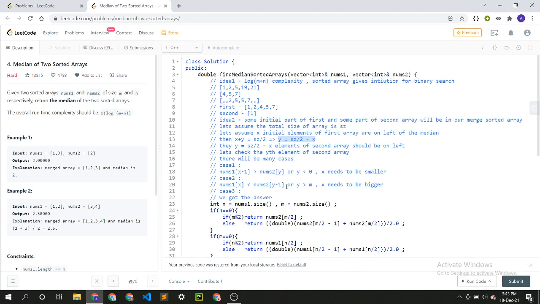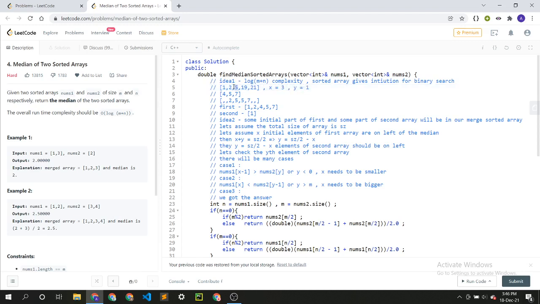So now we can think of applying binary search on x, but how do we put the right conditions? So how do we figure that out? Let's focus more on the x and y conditions. There can be three cases. Case one, let's say our array is this. We are having x equal to 3 and y equal to 1.